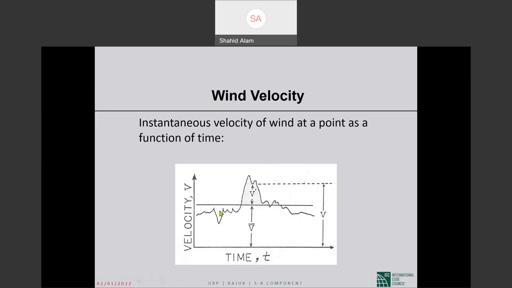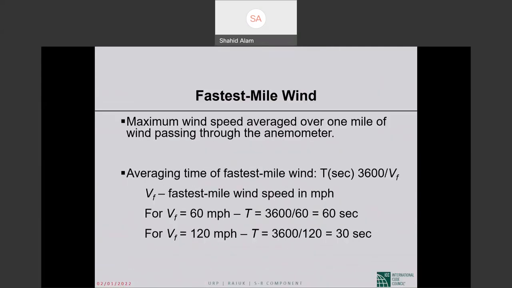So we have to use some kind of an average in design. Maximum wind speed averaged over. So when we used fastest mile wind speed, the averaging time was the time it took a mile of wind, a mile long,